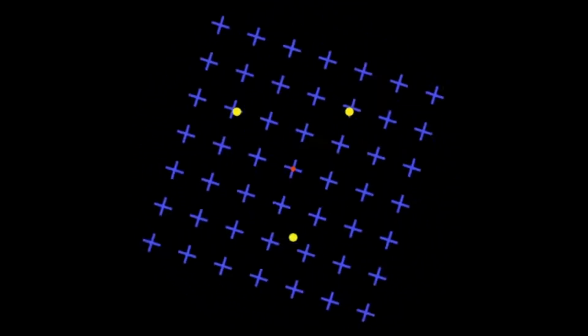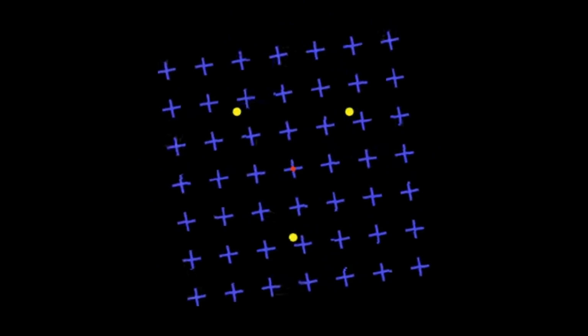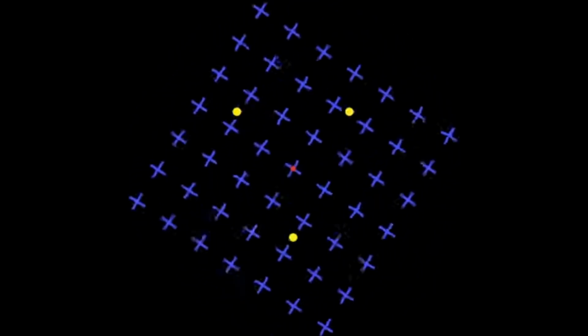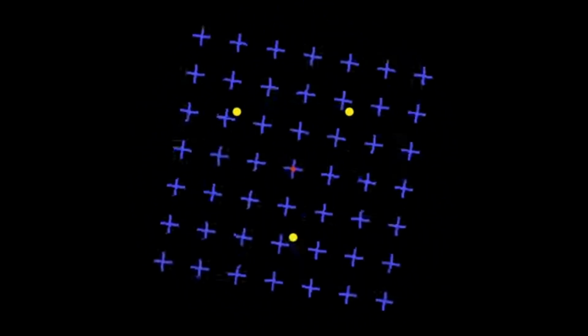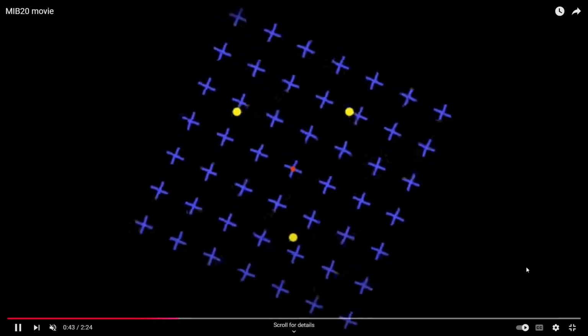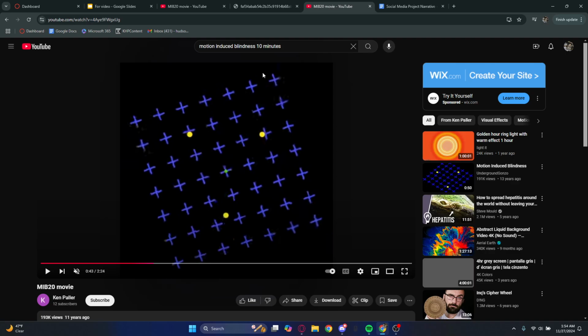This is a clear visual of what MIB looks like. It's very interesting how our brains just completely forget that the yellow dots are there. It's very eye-opening of how different the brain can work.